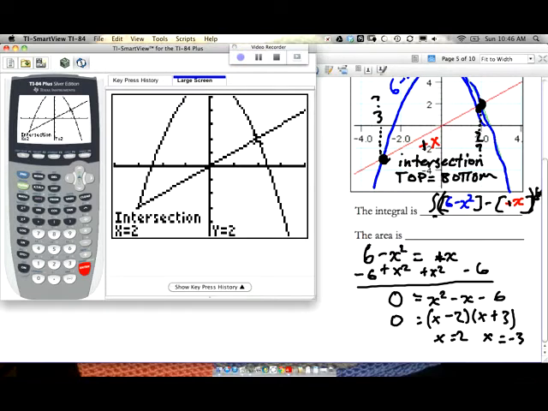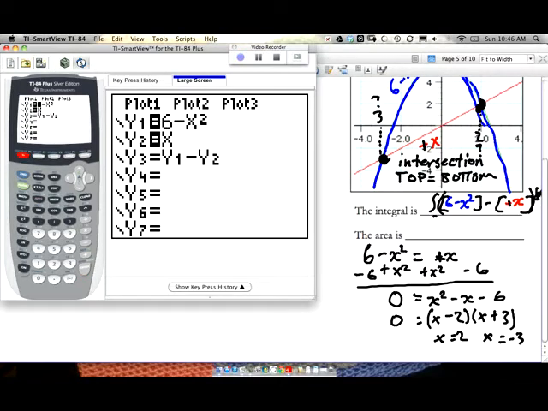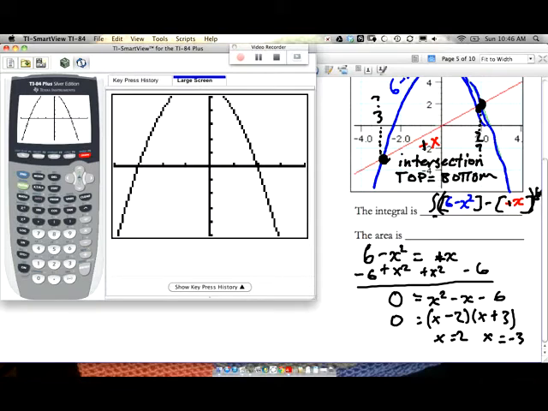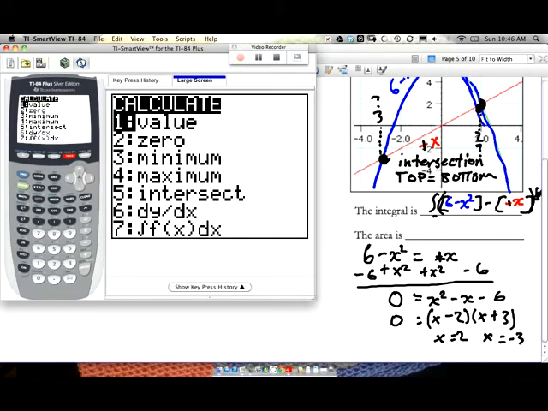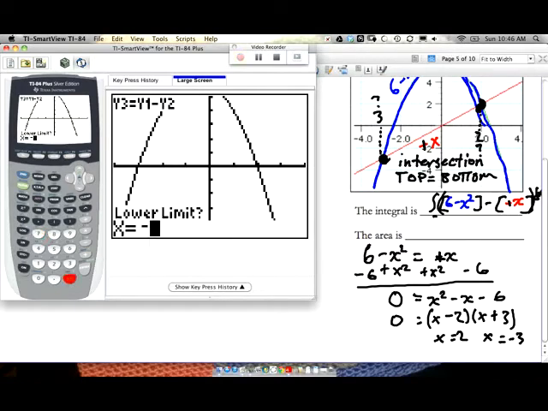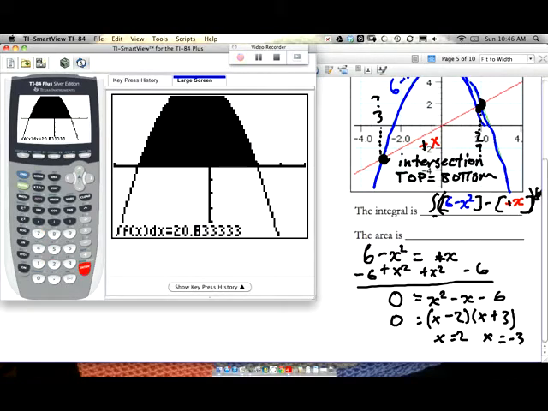Now we just need to calculate the area between those. So now I've got to turn these first two functions off and calculate the area of the third one, which is the difference between the top and bottom, the top minus the bottom. Okay, so now we go to our graph, and we're going to calculate the area from negative 3 to 2. So second, calculate area, number 7, left is negative 3, right is 2, and the area is